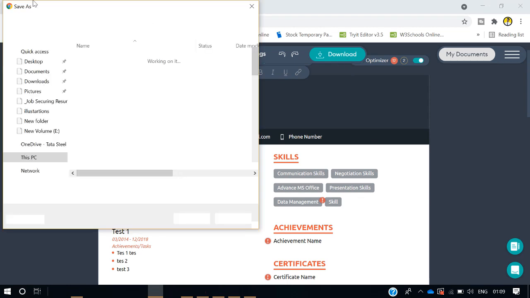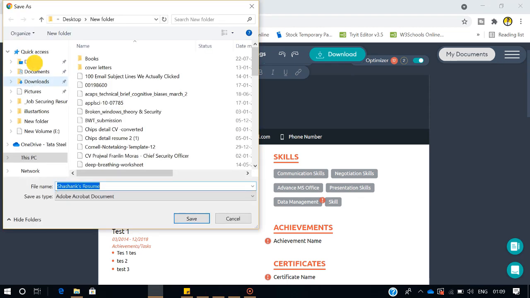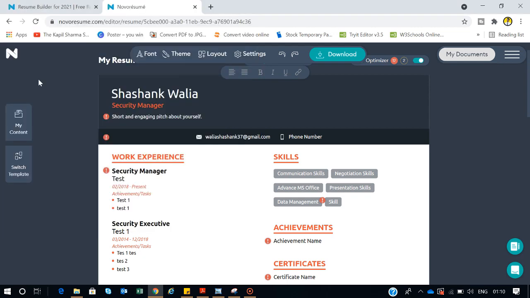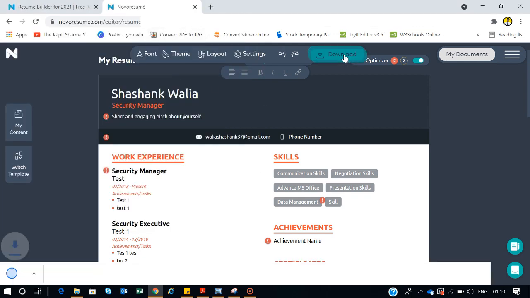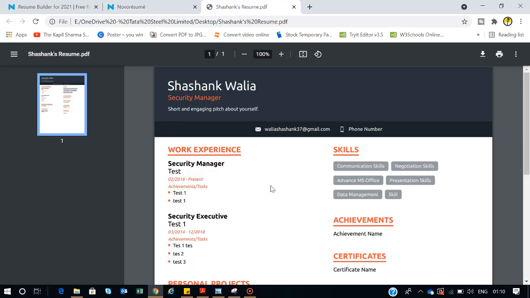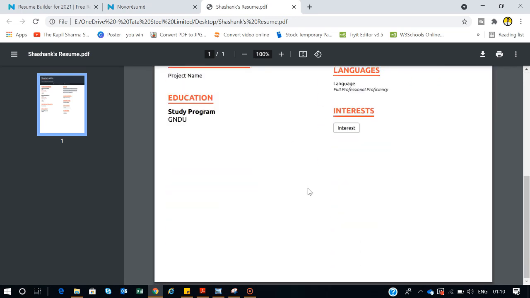I will say download it on desktop. So see, it has been downloaded. So this is how you can create your resume and download it in the PDF format.